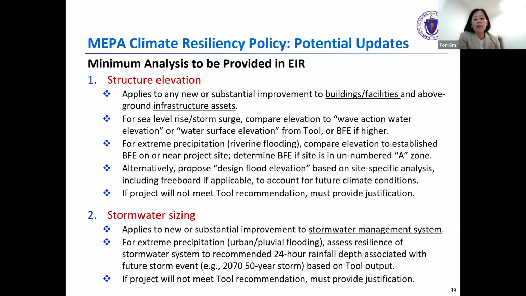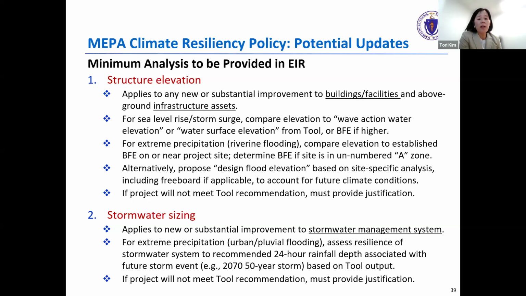And the idea is, because the tool is giving very specific values, there is an opportunity here for the EIR to provide some very specific analysis based on the values that are being provided by the tool. So there are three main areas: elevation of structures, stormwater sizing, and extreme heat, that we would